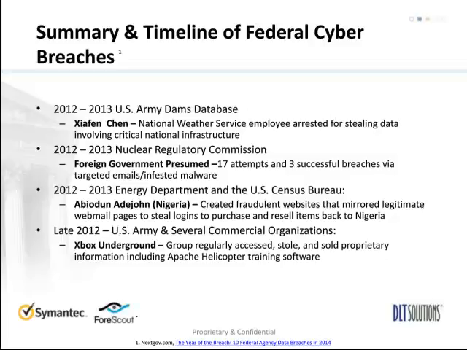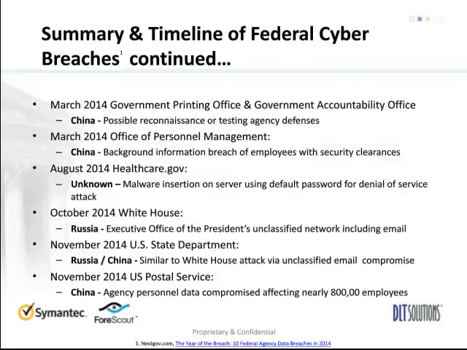More recently, we're still seeing even more patterns emerging, and specifically the two states here are China and Russia, and that's not by accident. As Tom said, there are other actors out there, but China and Russia were specific to these organizations in this example. In March 2014, with the Government Printing and Accountability Offices, which aren't hugely strategic or very big, what they were saying is that China was coming in and infiltrating those networks, but more for reconnaissance and testing of agency defenses. What this means is that everyone's at risk, not just the high-profile Pentagon or Army or military